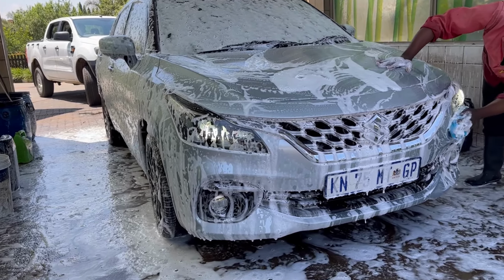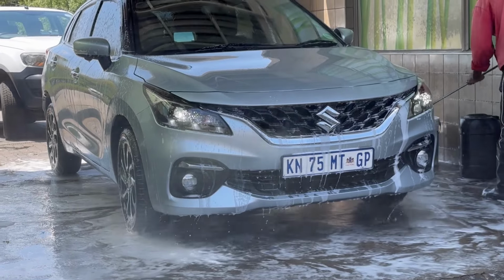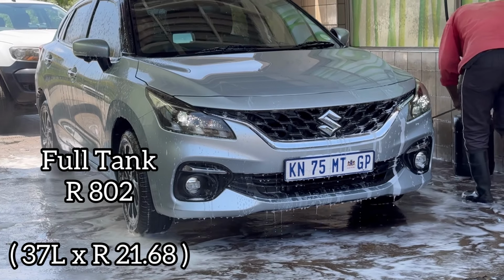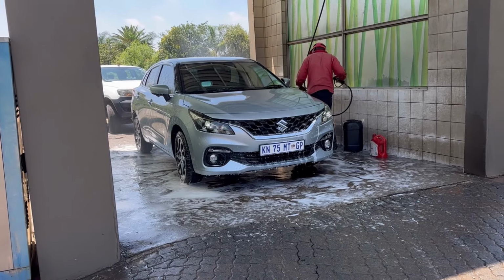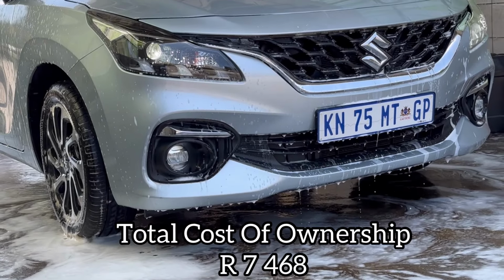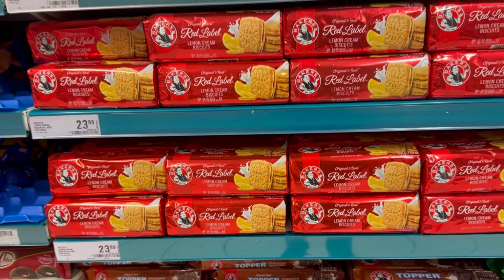So, our cost of ownership. The Suzuki Baleno GLX comes in at 281,900 Rand. On finance, that is 5,366 Rand. For a full tank, you'll pay 802 Rand because it has a 37-liter fuel tank, which is on the small side. If you get an insurance premium of 1,300 Rand, your total cost of ownership would be 7,468 Rand. But because we live in a world where lemon creams are now 24 Rand, I'm sure you'd like